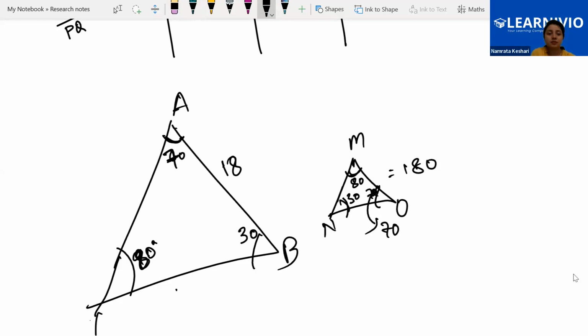BC is, let's say, 12 centimeter, and AC is, let's say, 24 centimeter. Here I am taking side MN as 6 centimeter, MO as 8 centimeter, and NO as